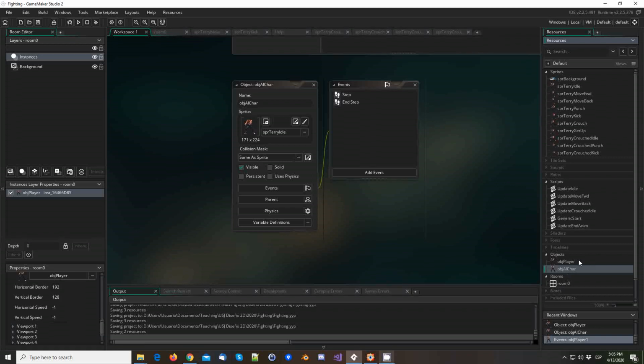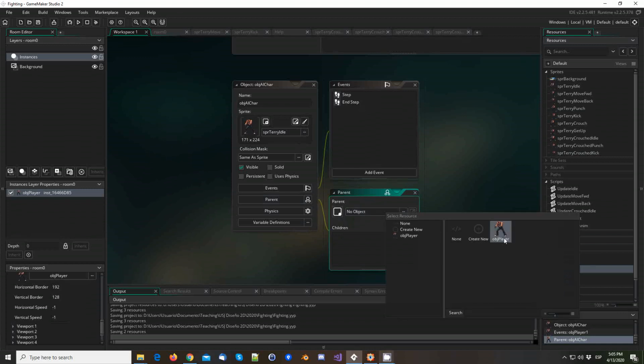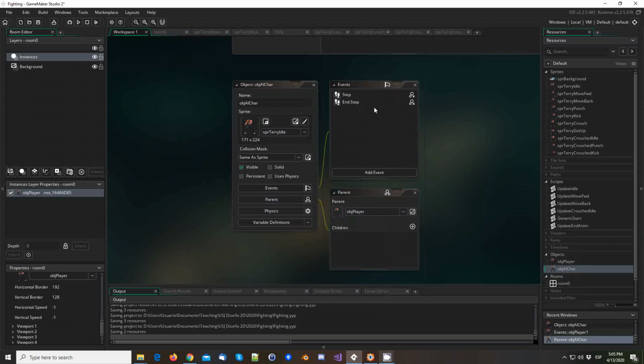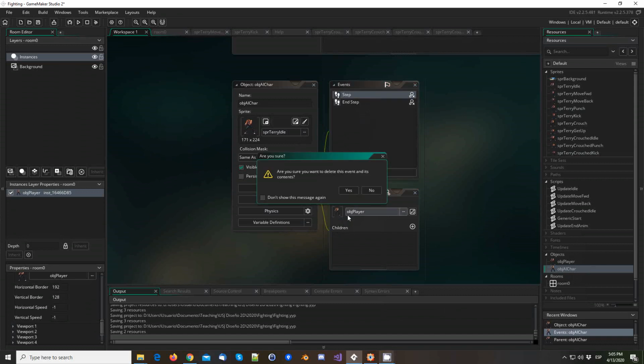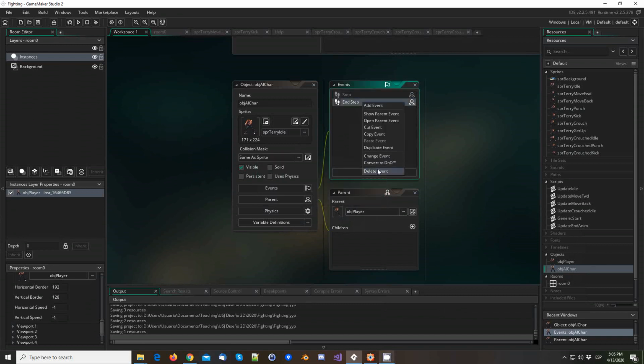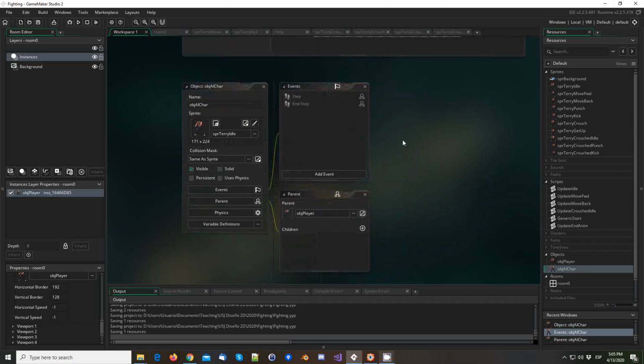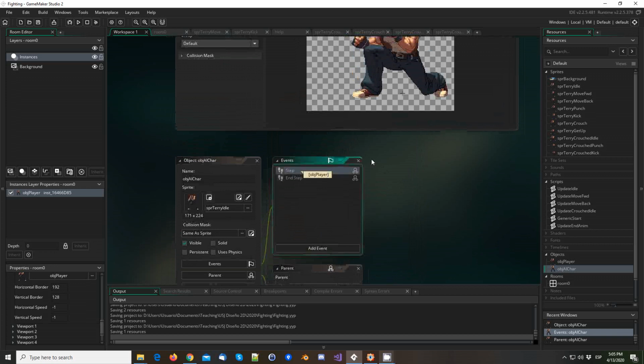It's gonna be the same, but this one is going to be a child of the player. So basically what we've done is just inherit, everything is the same, and we're gonna be doing some changes here, but later. So now we have two different objects, one for the AI, one for the player character,